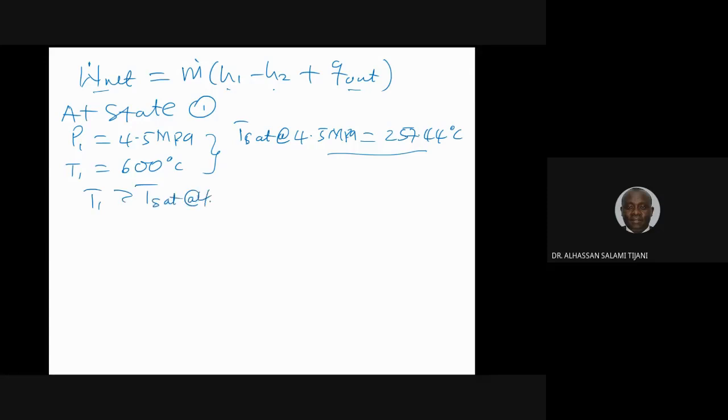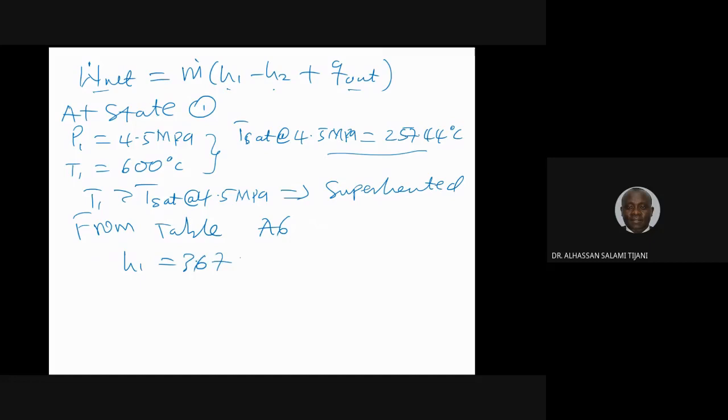at 4.5 megapascal, right? So, which implies what? Superheated fluid. If it is superheated, then we have to go to the superheated table. So, from tables, A6, from table A6, we will have